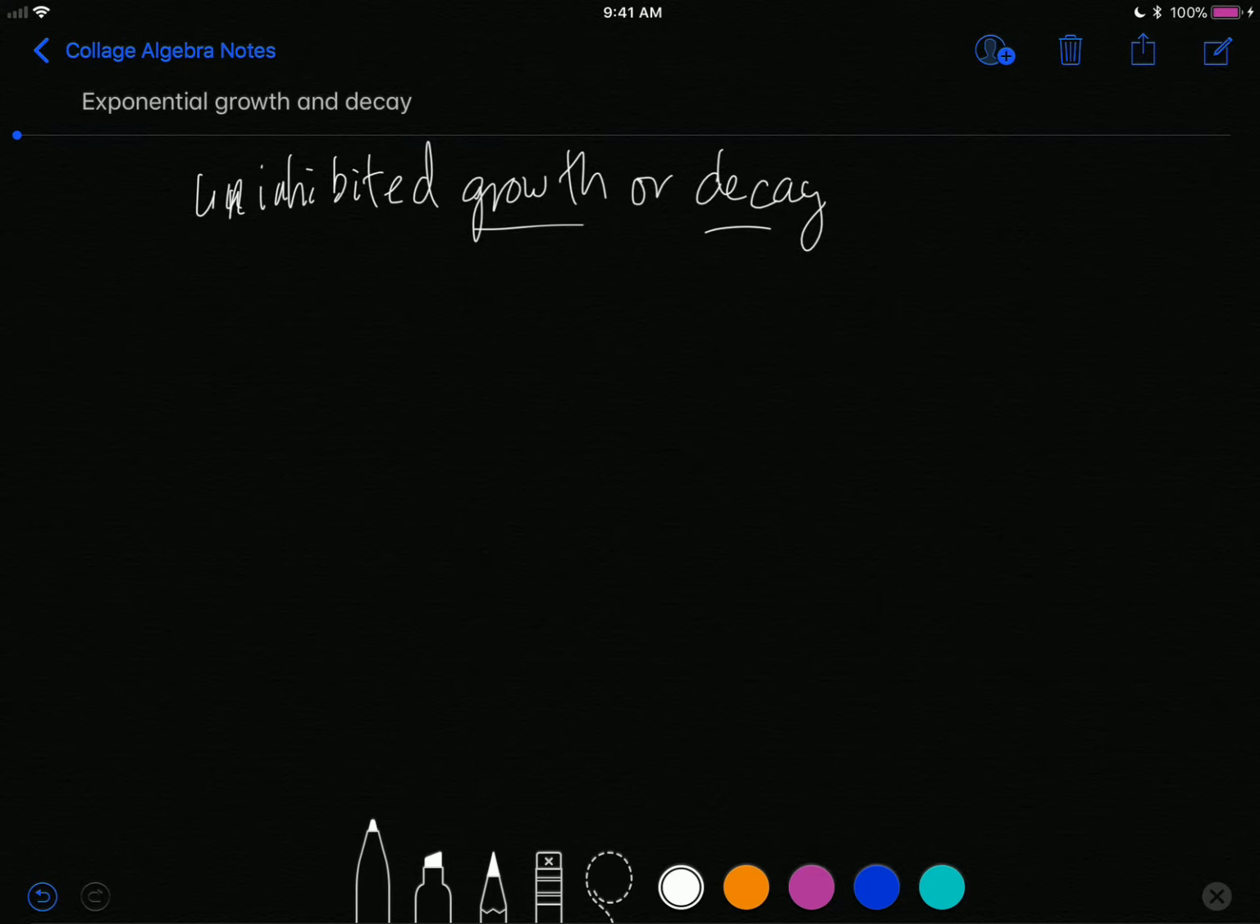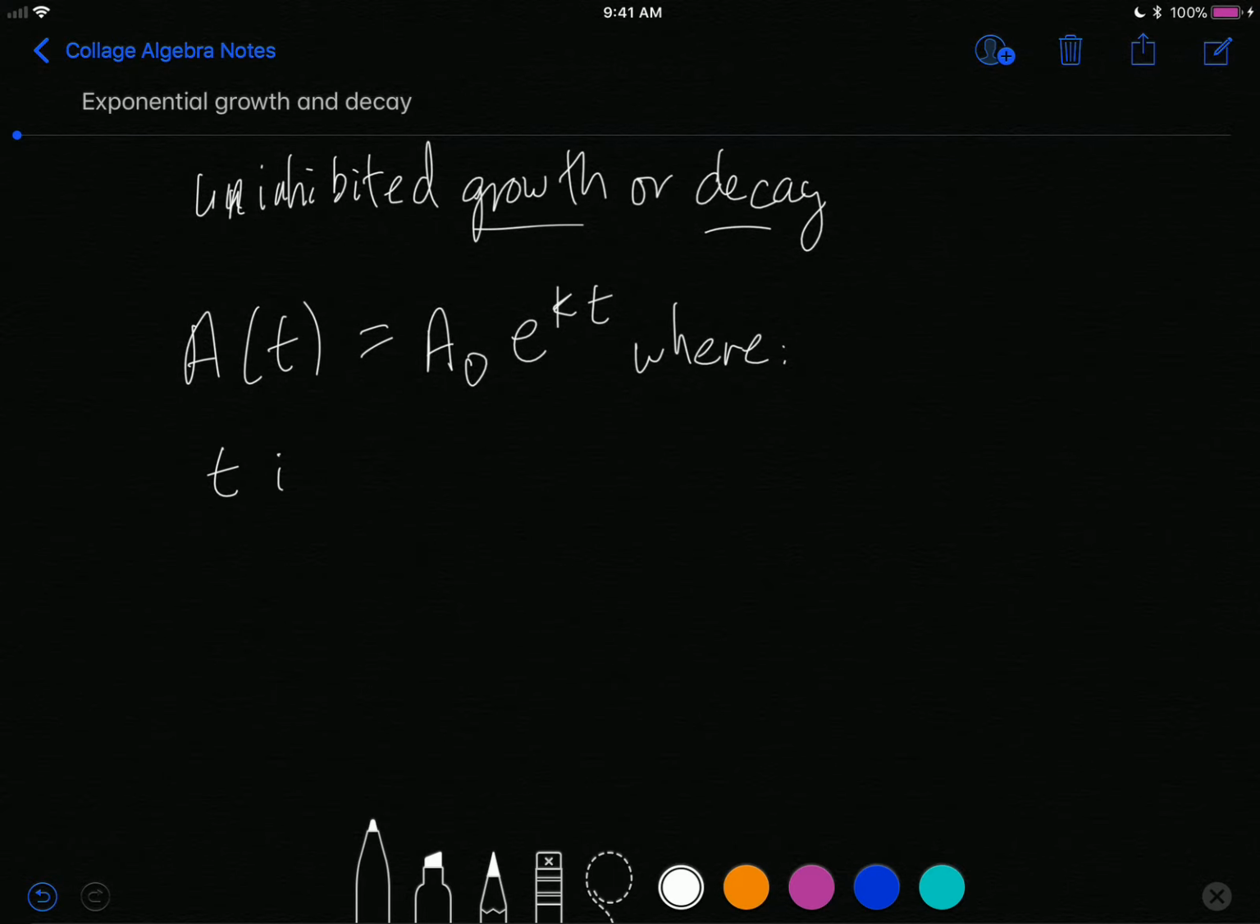the equation that follows is one that has continuous compounding. The equation has this basic setup: A of t is equal to A0 e to the kt, where, working backwards, t is time, t is time in the given units,